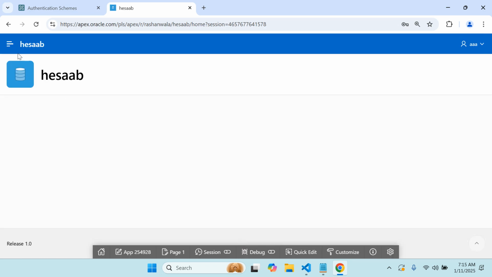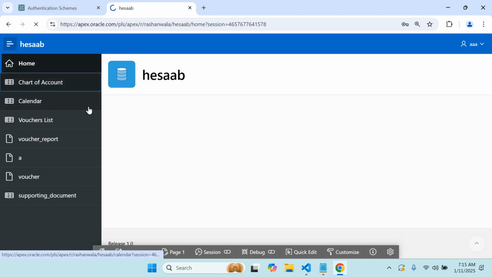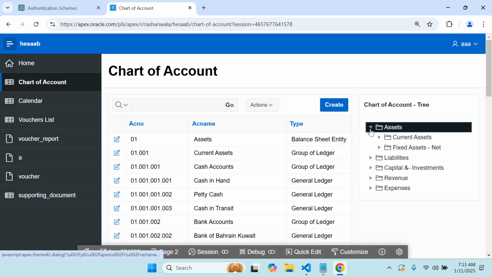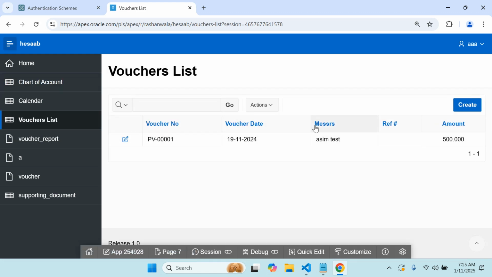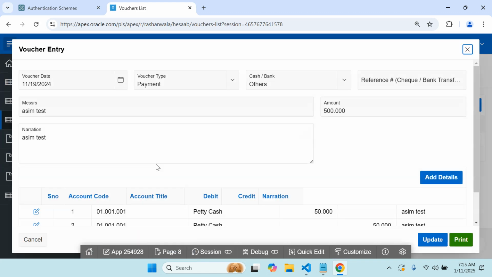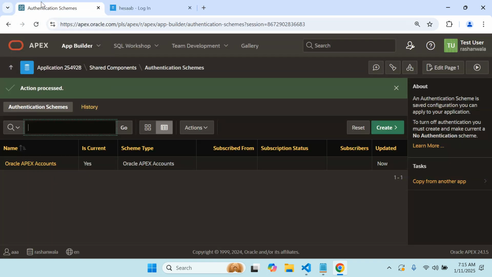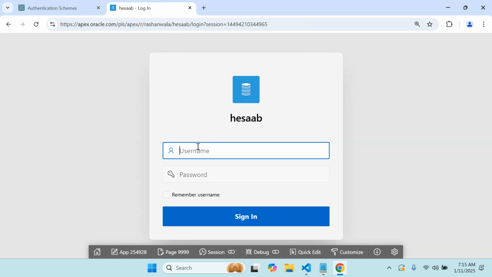So it is logged in, and it is showing all our forms and everything, the virtual list and everything. So this is actually a default authentication we put here, the user created by the Apex authentication system. But if we want to create our own authentication system, a custom authentication,